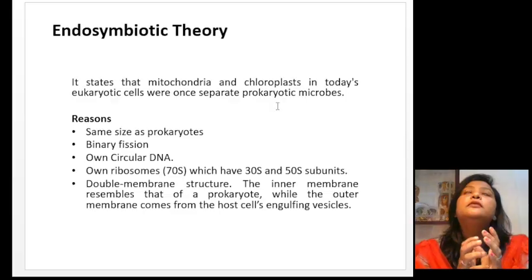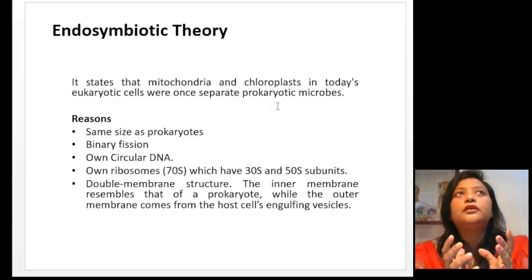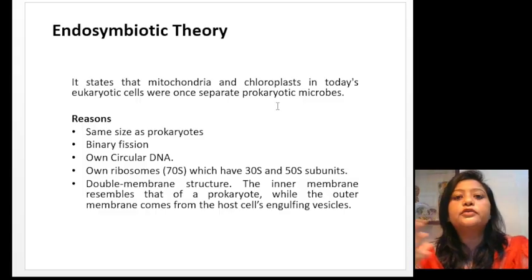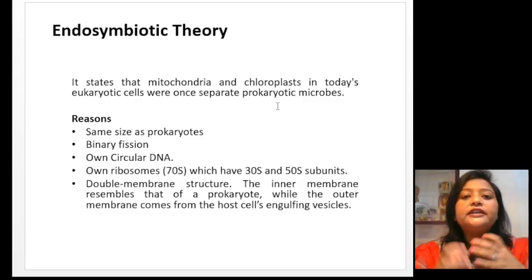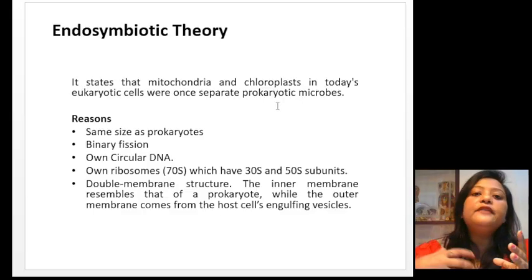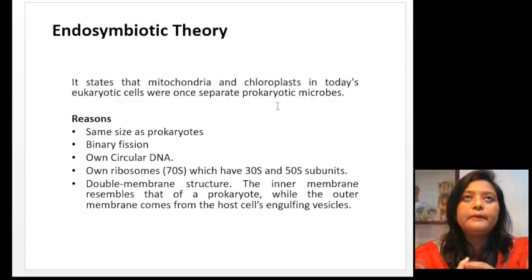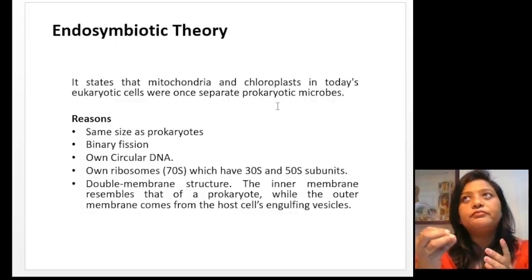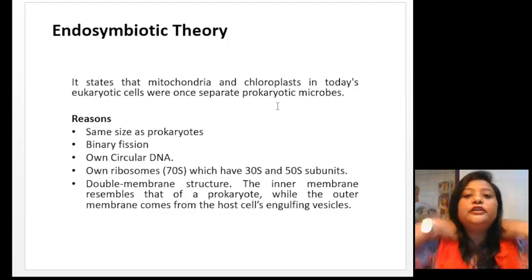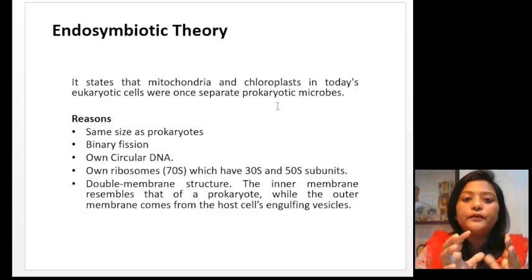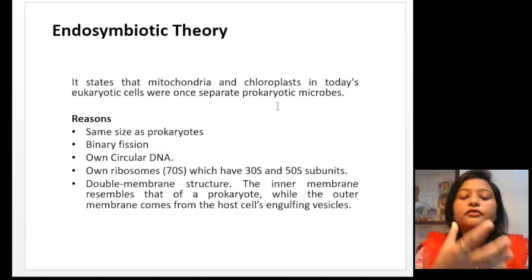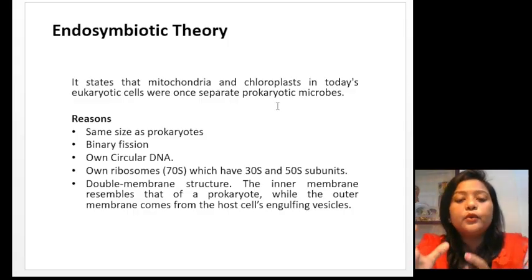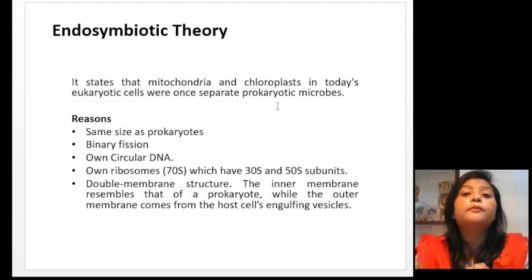They say that earlier, those big enlarged eukaryotic microbes engulfed some prokaryotic microbes, but did not digest them, because those microbes were giving energy and helping in the formation of food. So they did not digest them; they remained inside the eukaryotic cell, and then they formed the mitochondria and chloroplast. That is the theory which says that the mitochondria and chloroplast were once prokaryotic microbes, and there